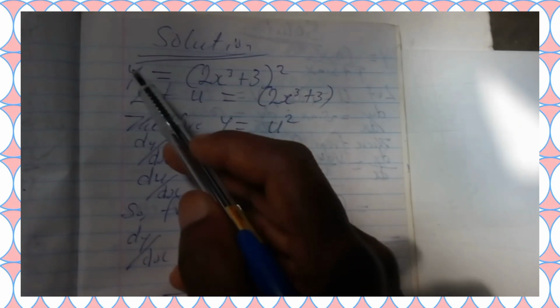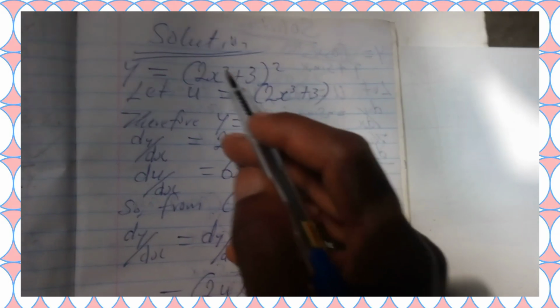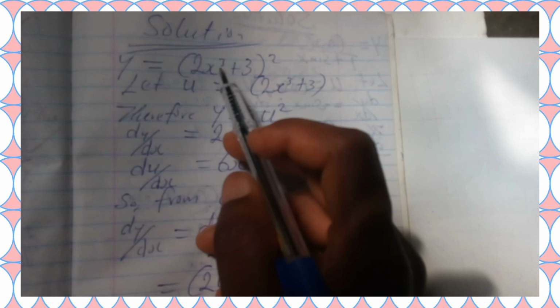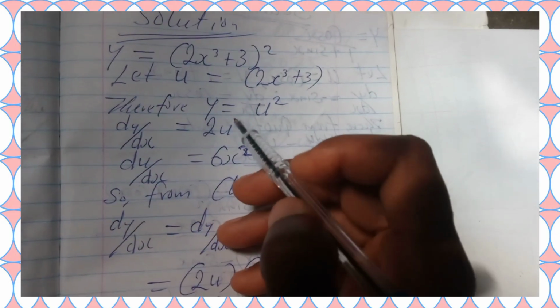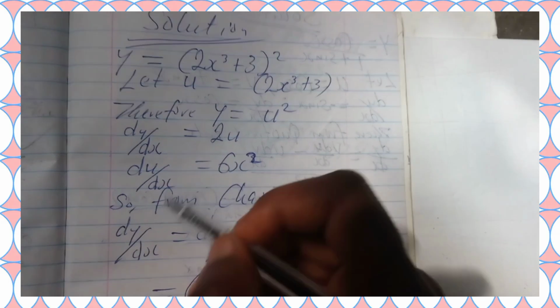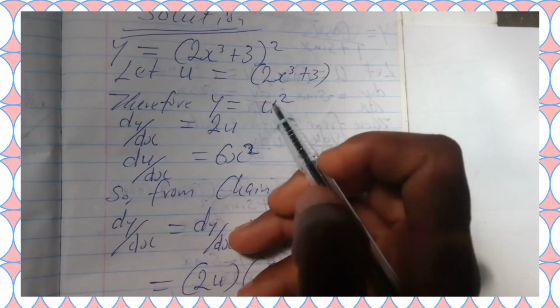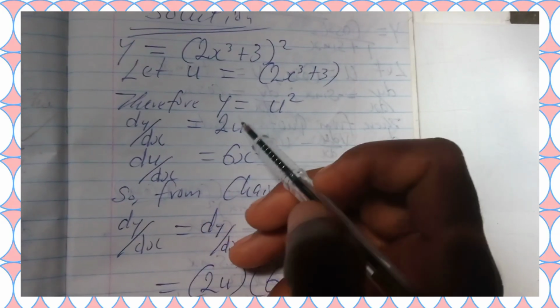Then therefore our y now, this general y, becomes u raised to the power of 2, which is the same thing as this. So we know that our u is 2x cubed, that is in this bracket, plus 3. So our y now becomes equal to u raised to the power of 2. Now if you differentiate this y, you have dy over d